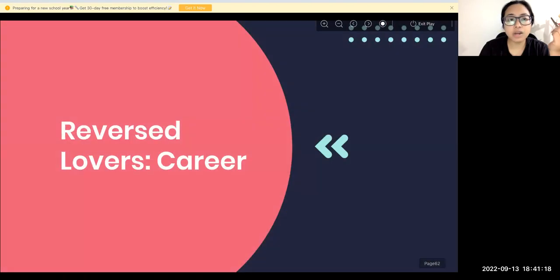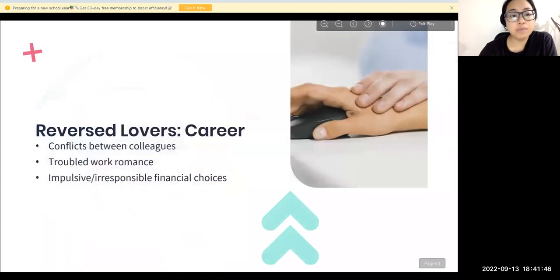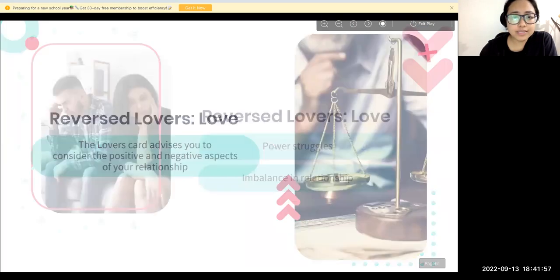All right, so the Lovers card. How will you journal the Lovers card? You can journal the Lovers card like this. You have to look at your life and see where you made any impulsive financial decisions, in any event in your life. You took an impulsive financial decision, where did you take it, when did you take it, what impact happened because of that, and what lesson did you learn? Okay, one thing you can see that.